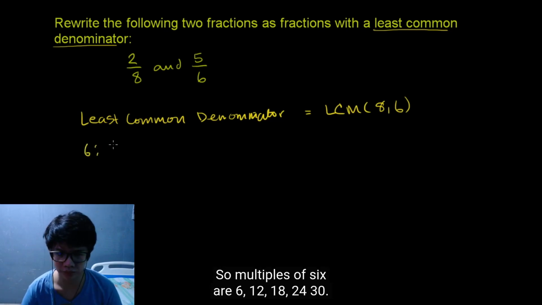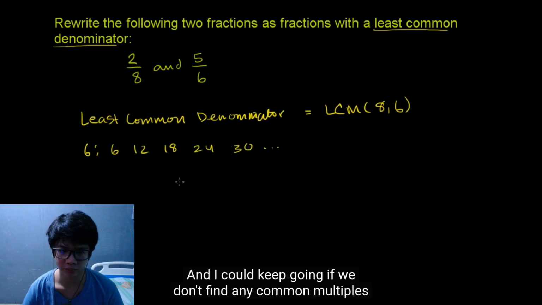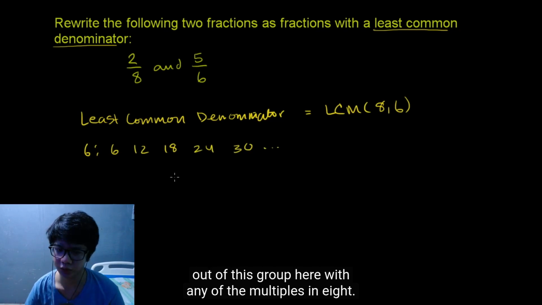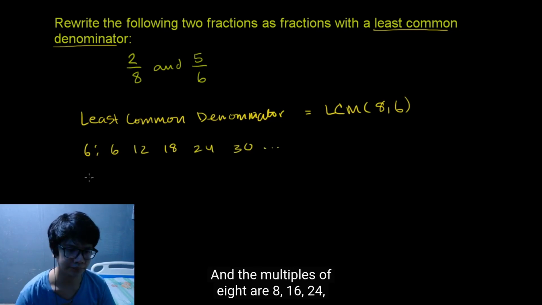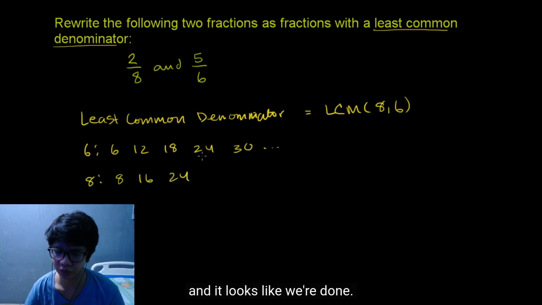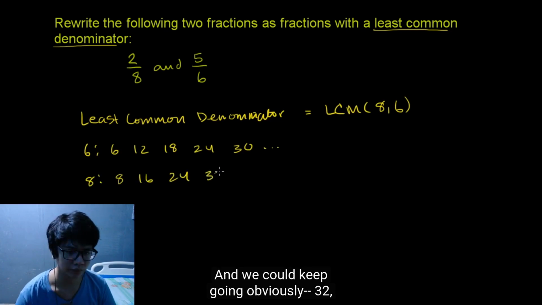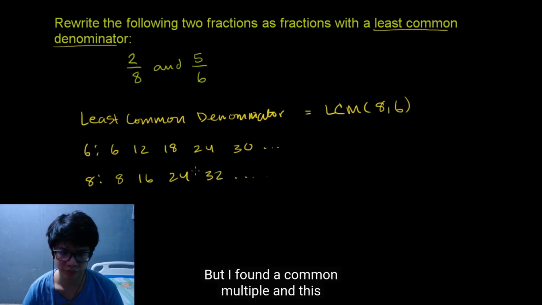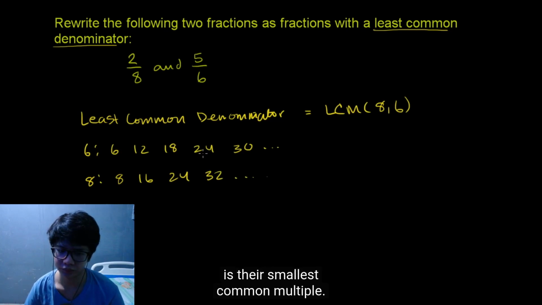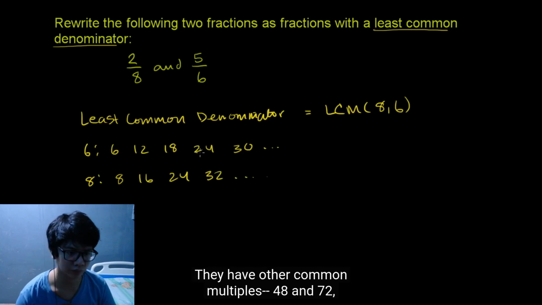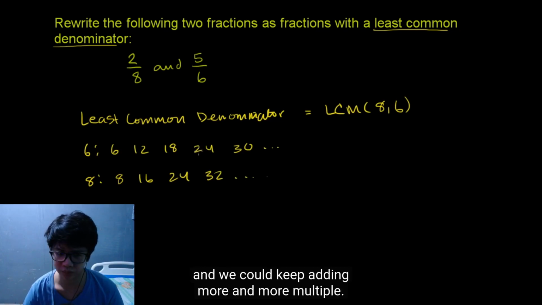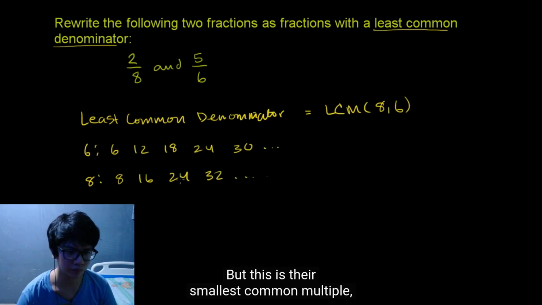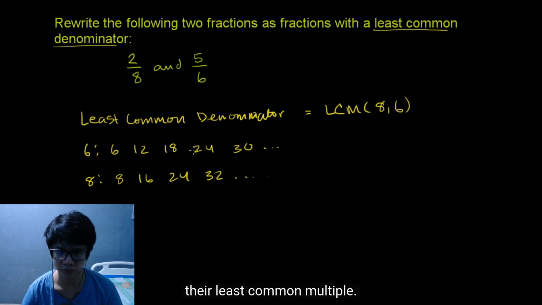Multiples of 6 are 6, 12, 18, 24, 30, and I could keep going if we don't find any common multiples with the multiples of 8. And the multiples of 8 are 8, 16, 24. It looks like we're done, and we could keep going, obviously: 32, and so on. But I found a common multiple, and this is their smallest common multiple. They have other common multiples, 48 and 72, and we can keep adding more and more multiples, but this is their smallest common multiple, their least common multiple. So it is